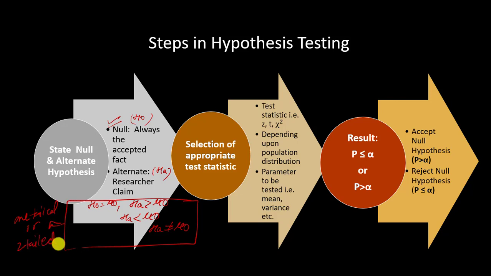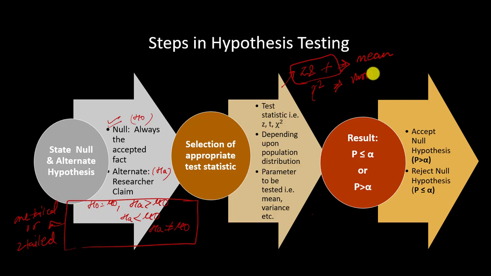Now after stating the hypothesis we select the appropriate test statistic. The test statistic would be z statistic, t statistic, or chi-square statistic. Z statistic and t statistic are used for hypothesis testing of mean,